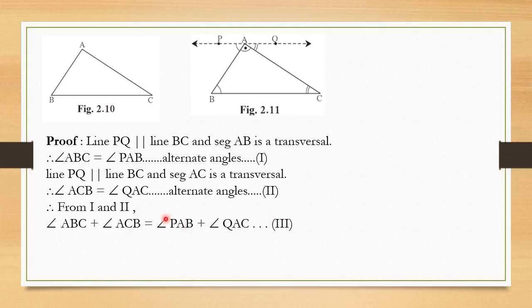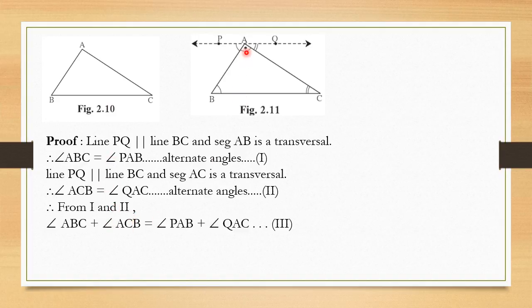Why did I add? Pay attention. If you see here on the LHS of the new equation, there is angle ABC, that means angle B. Then there is angle ACB, that means angle C is also there. So there are two angles already, and we just need the third angle of the triangle, and then we get the summation of all the angles of the triangle. That's why we add both these equations.